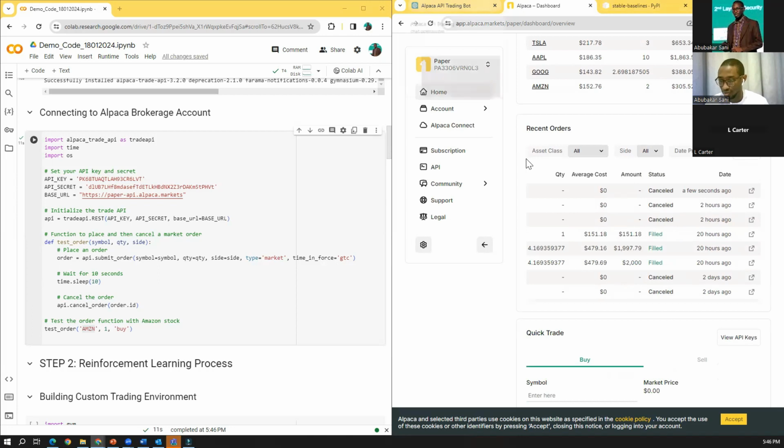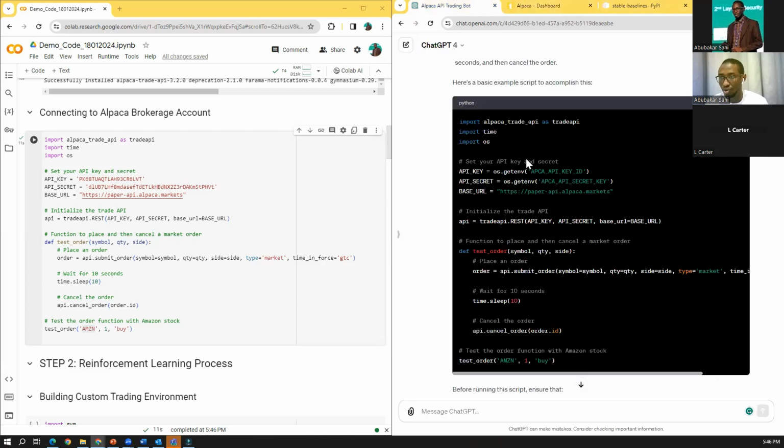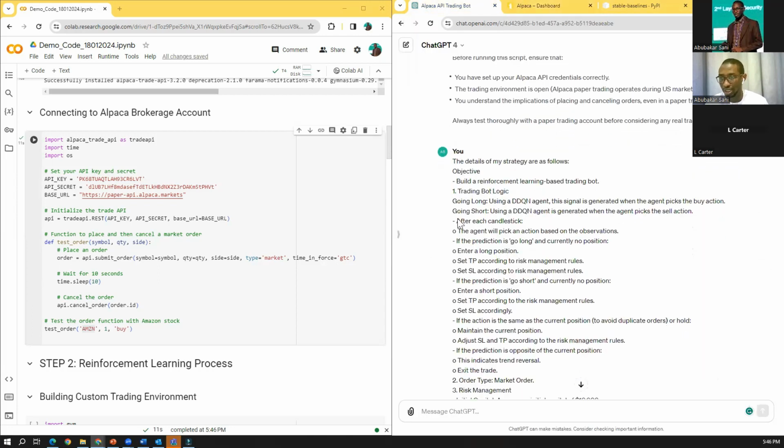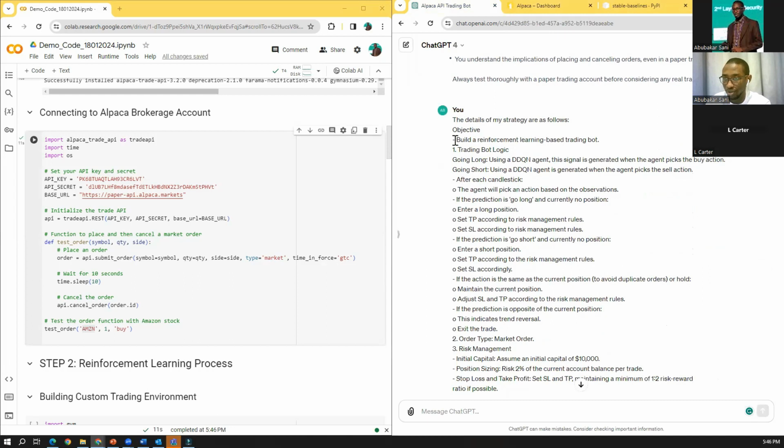All right, so the next thing I want to do is to move to the next step. So I told it my strategy. I explained everything. My objective is to build a reinforcement learning based trading bot. For going long, I am going to use the DDQN agent, so a signal is generated when the agent picks the buy action, and a signal is generated when the agent picks the sell action.